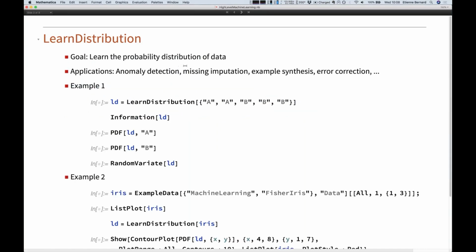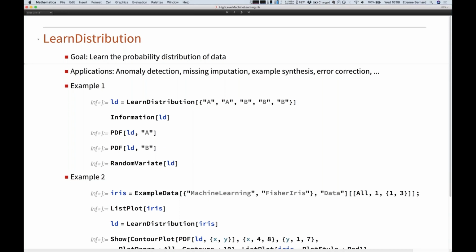All right, so LearnDistribution: the goal is, as its name says, to learn the probability distribution of data. So you can assign a probability density value to new data points, sample new data from this distribution, and other things.